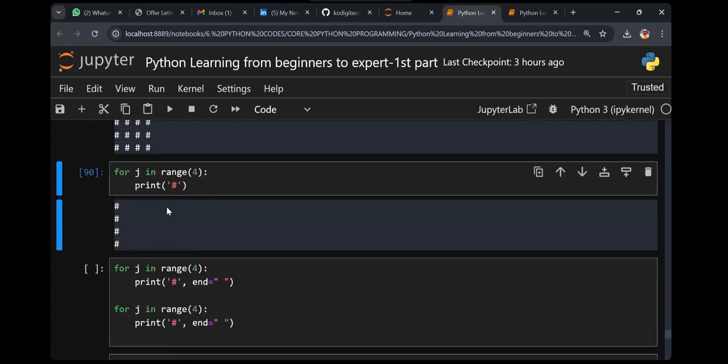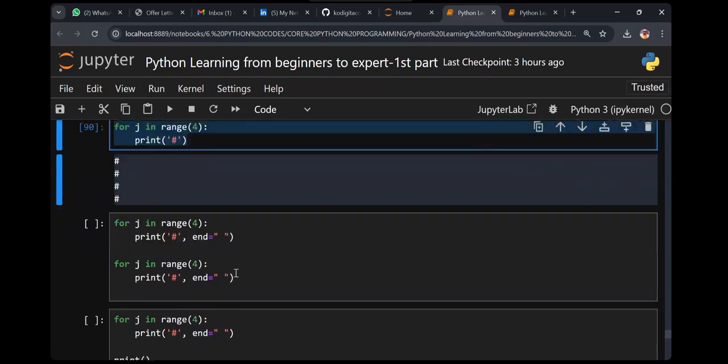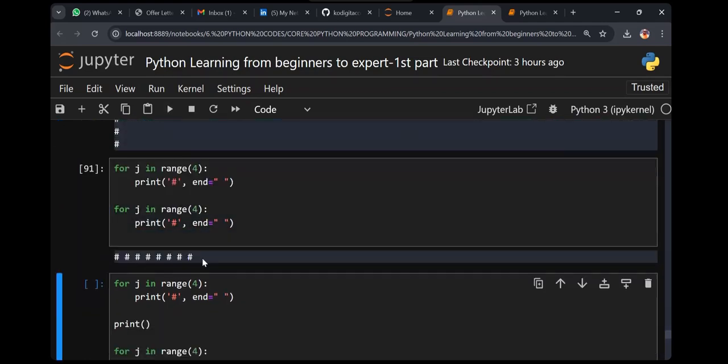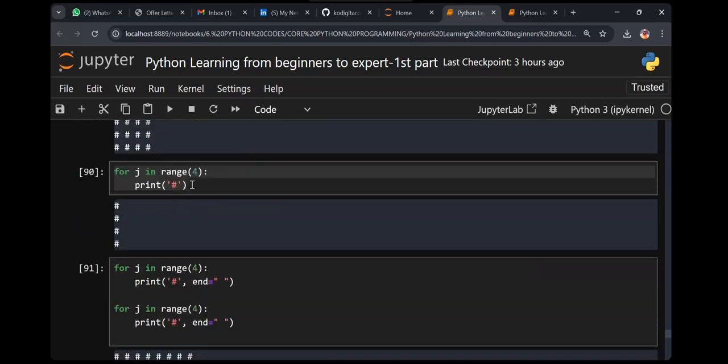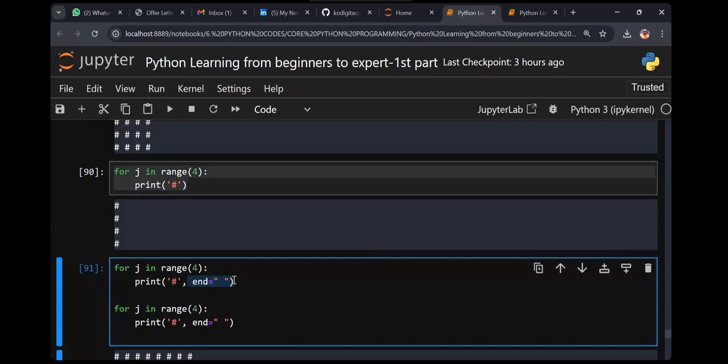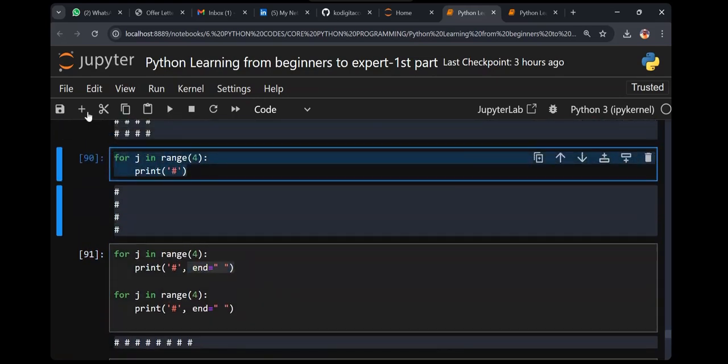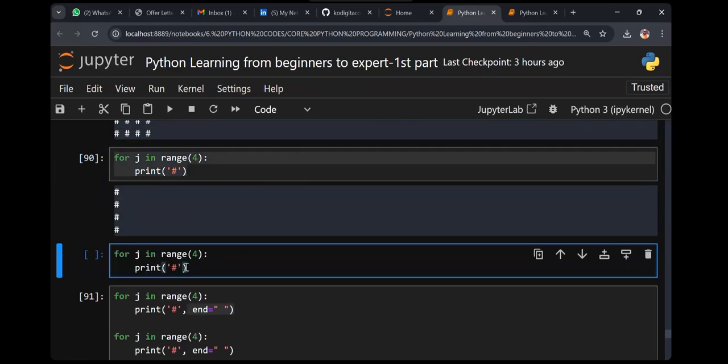But now, same thing, what I'm going to do, I'll copy the same code and paste it one more time. Now we get it like this. Understand or not? See, the same code, if I copy and if I use end, what happened, guys? Let's copy the code and apply here, and try end equals to, oops, end equals to, execute.